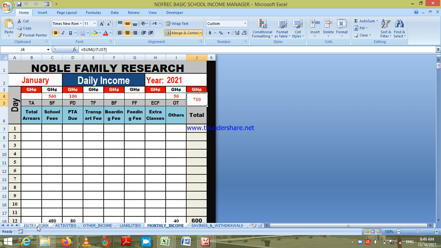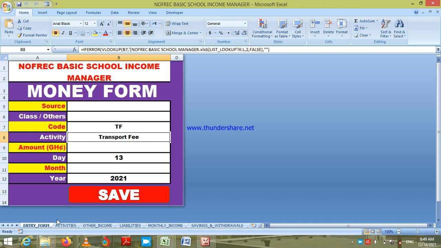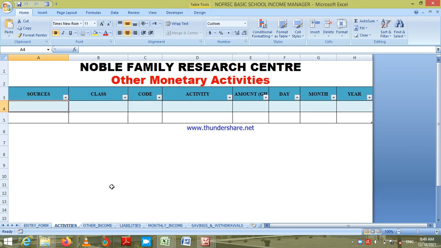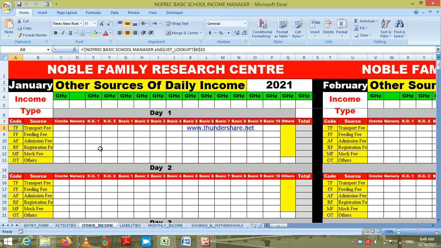In this workbook, that's the income workbook, we have upgraded the workbook that we used for Tutorial 4. That one contains only the monthly income. We later realized that some monies also come to the school which were not considered, and we have created additional workbooks for such entries. So we've created an entry form, then other monetary activities, other income that will be generated from the school,